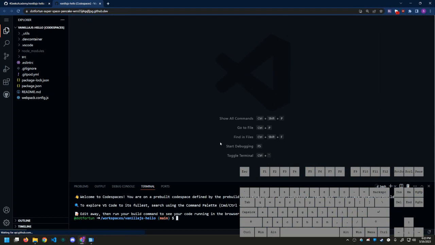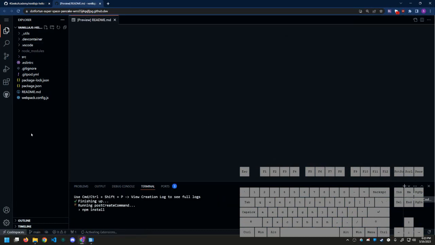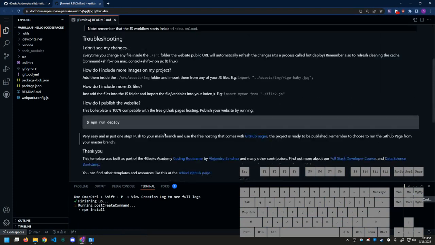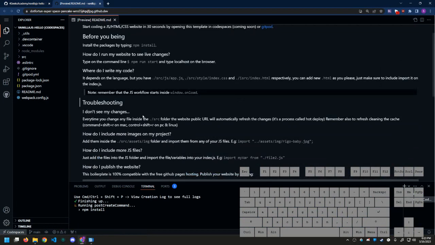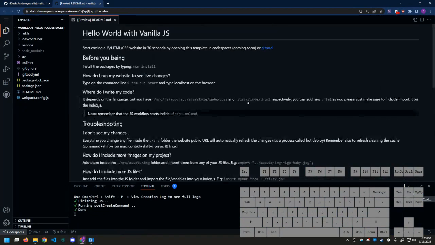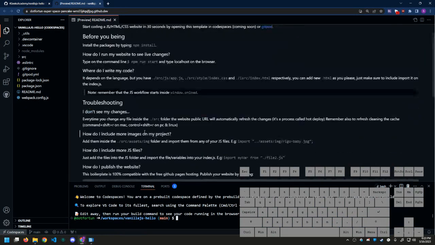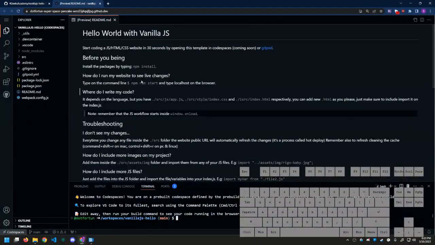Okay, so a couple of things on your screen. This left-hand bar over here, those are the files that are in this workspace. Second, it's going to open up this readme.md on your screen. You can edit this, but the big thing that we want is